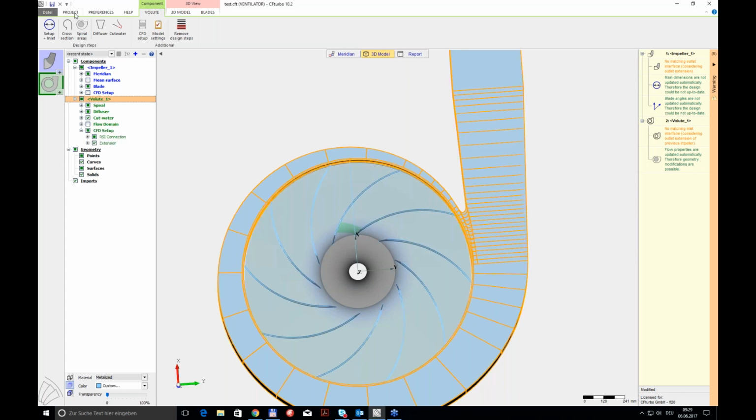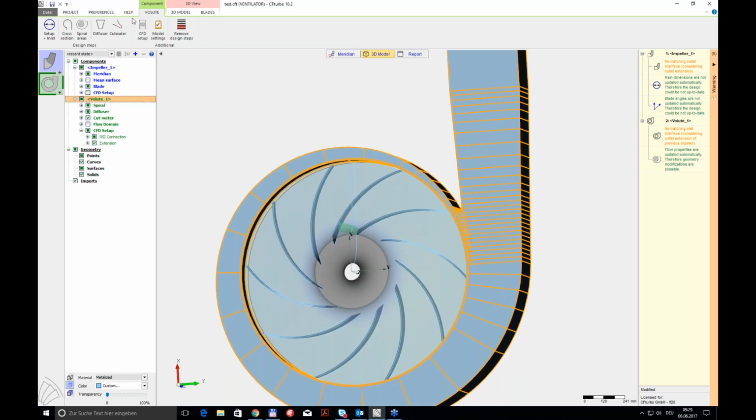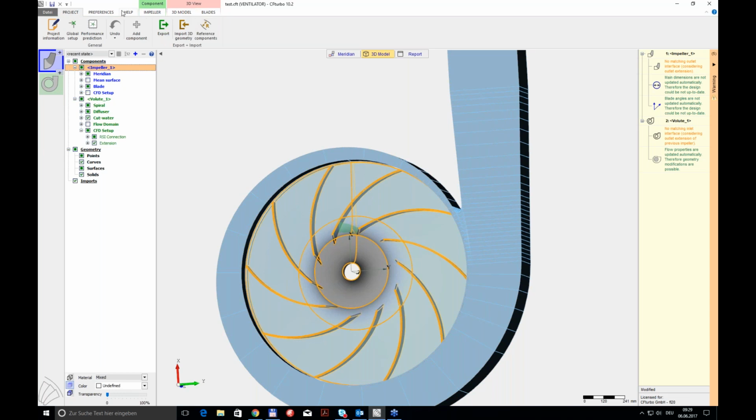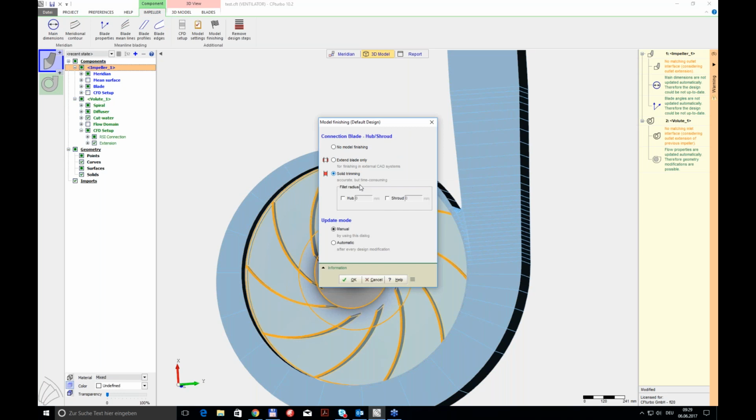Okay, so the very last step is then at the end go back to the impeller and make what we call a model finishing with solid trimming. Here we use the built-in cut kernel in order to extend all surfaces and get very nice intersection of it, and by doing so producing very nice watertight solids that can be used in the 3D export steps, as well as for